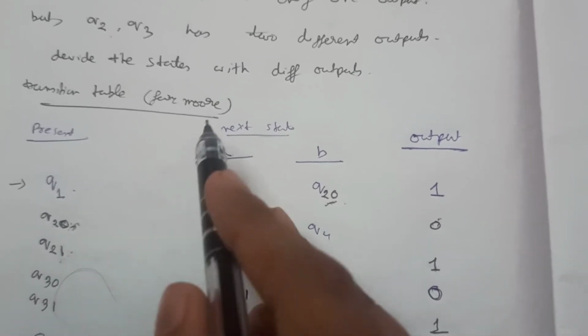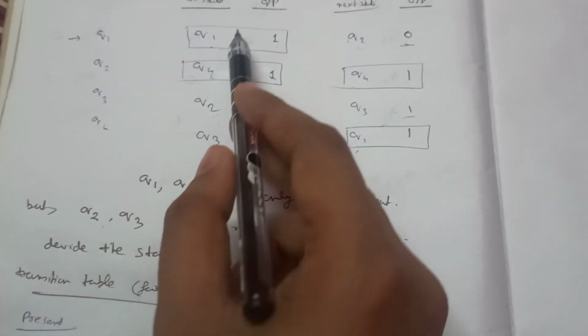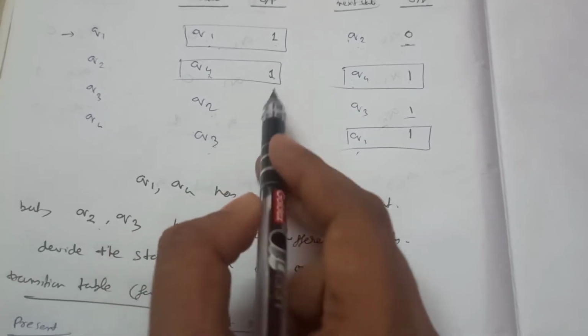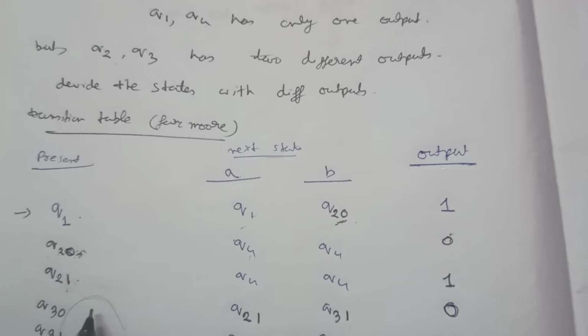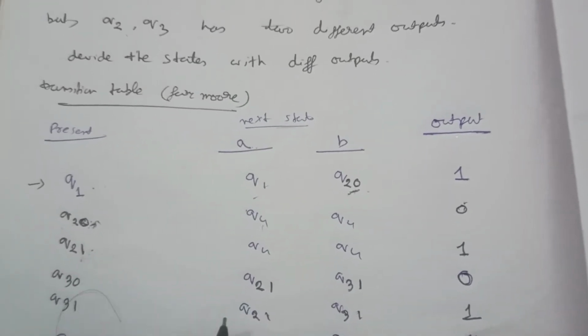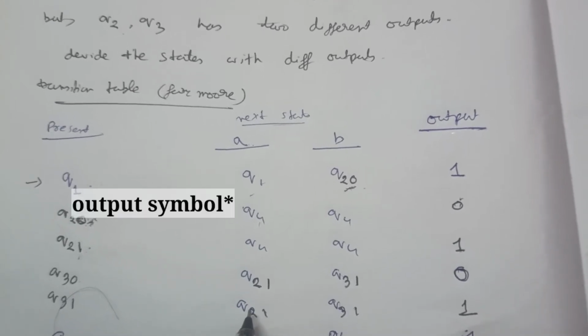Okay, for now let's see the states. From here, q3, for input symbol a, goes to q2, but which q2? The one where the output is 1, so it will go to q2 1. So q3, both q3 0 and q3 1, for input symbol a will go to q2 1, that is the q2 with output 1.